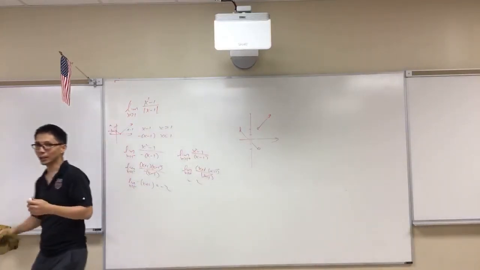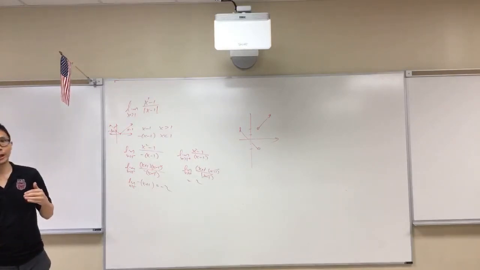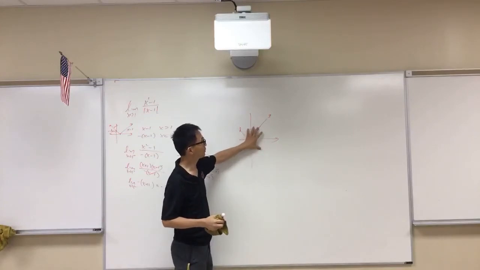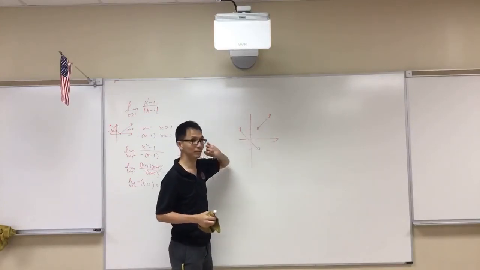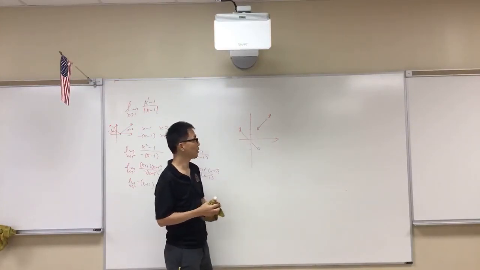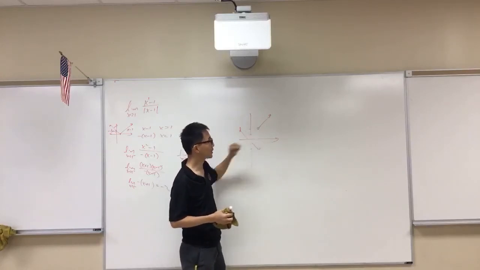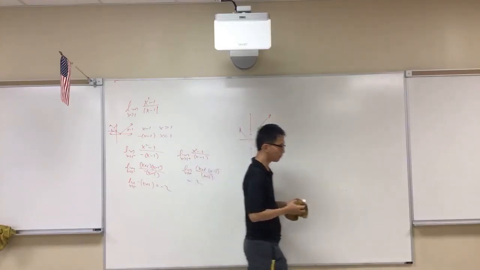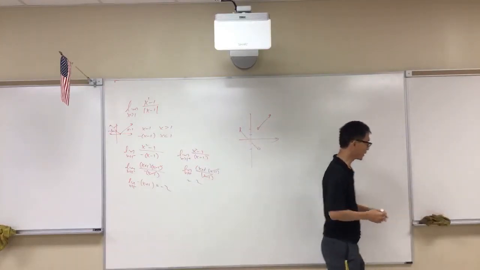So for me, for the function to be continuous, you really want those two pieces to be connected. They're not only connected, they cannot have a hole in between them. So the idea is,